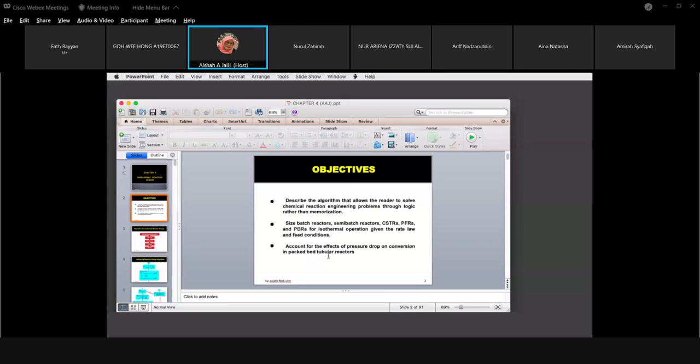Okay, pressure drop is y. y equals P over P naught. When they ask you about the last pressure, you can put it as P. But when they ask you about the pressure drop, you have to calculate P over P naught, something like that. Okay. Any question? That's all for chapter 4.